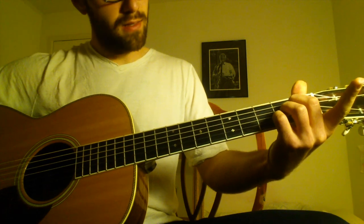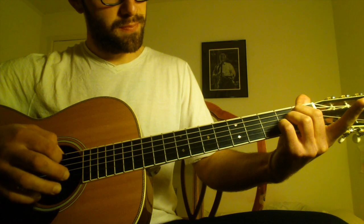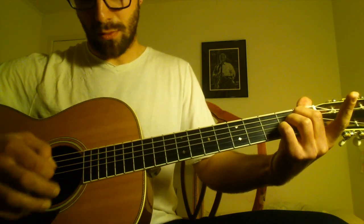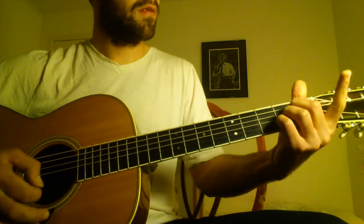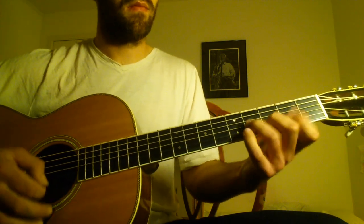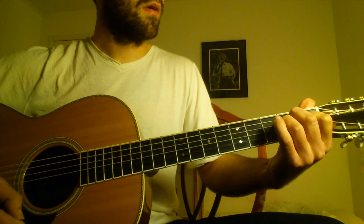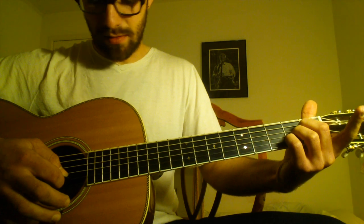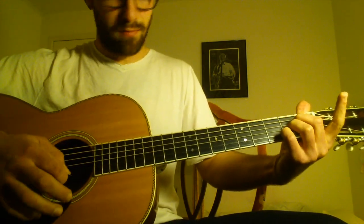So here I'm going back to that standard A major chord shape, strumming bottom to top, starting on the E, the A. So I'm playing that A, strumming bottom to top, going back to the 2nd fret, 2nd string, which is the C sharp, playing it again,